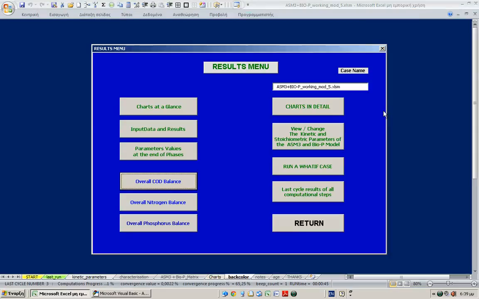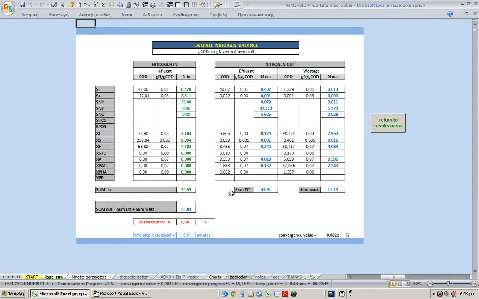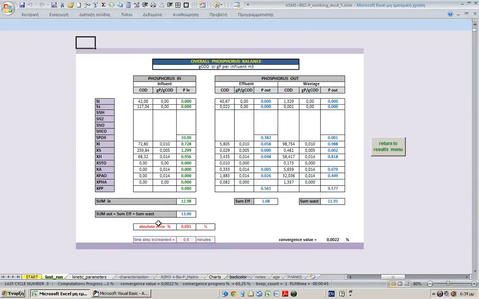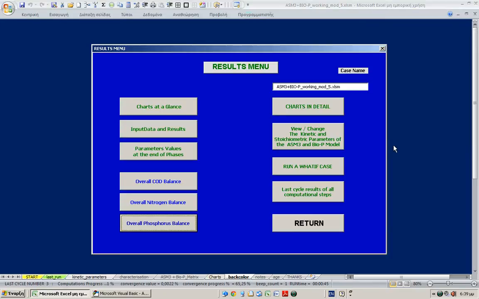Let's return to the results menu and see the overall nitrogen balance, in the same concept. Nitrogen in, nitrogen out in the effluent, in the wastage, and a comparison. And also the phosphorus balance, with the same concept. Okay, let's return and see